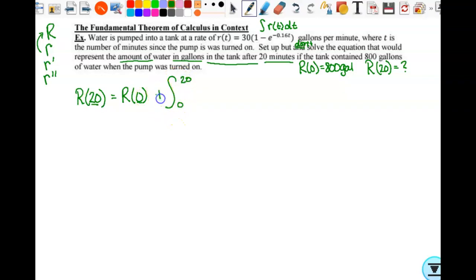Since 0 is at the bottom, I'm adding. And then it is R of t dt. And this is why it's the amount of water at that time. It's the amount that's accumulated plus what we started with. That's how we get that. And if I was going to actually put this in the calculator, which we're not going to bother doing right now,